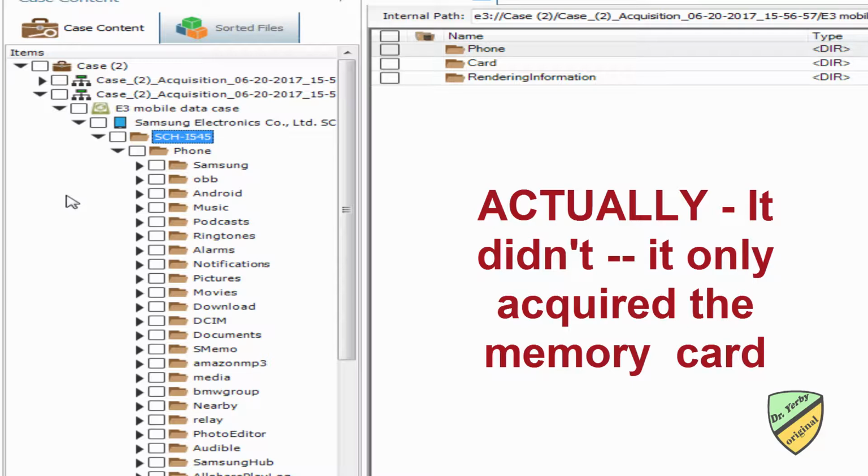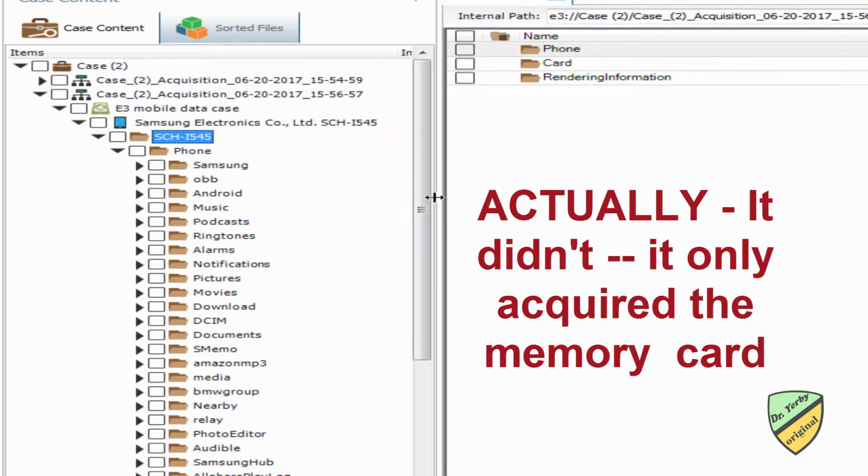So although when I was doing the acquisition, it didn't show me that it was acquiring everything in the phone. It said it was acquiring it as a media device. It did actually acquire it as a phone. So going through here,